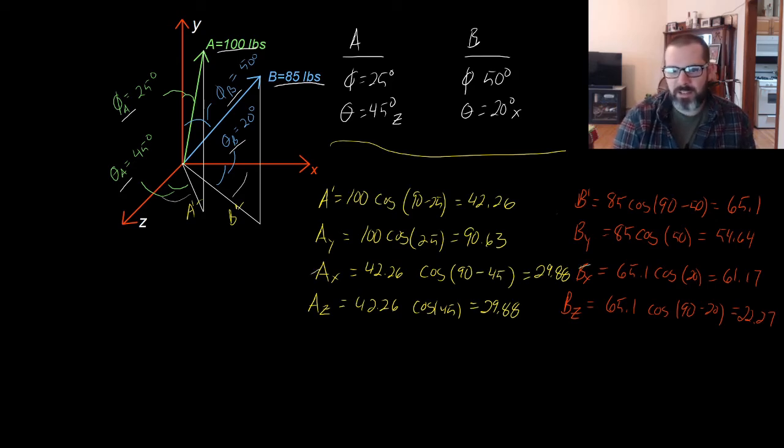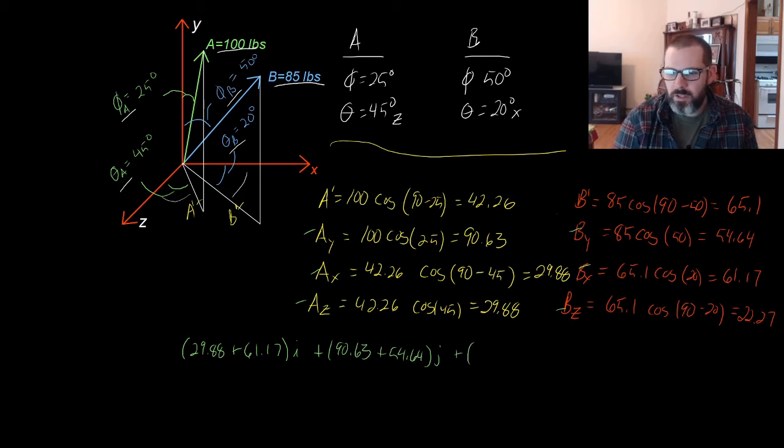We add AX to BX, AY to BY, and AZ to BZ, which will be 29.88 plus 61.17 I plus 90.63 plus 54.64 J plus 29.88 plus 22.27 K. That gives us in IJK notation, 91.05 I plus 145.27 J plus